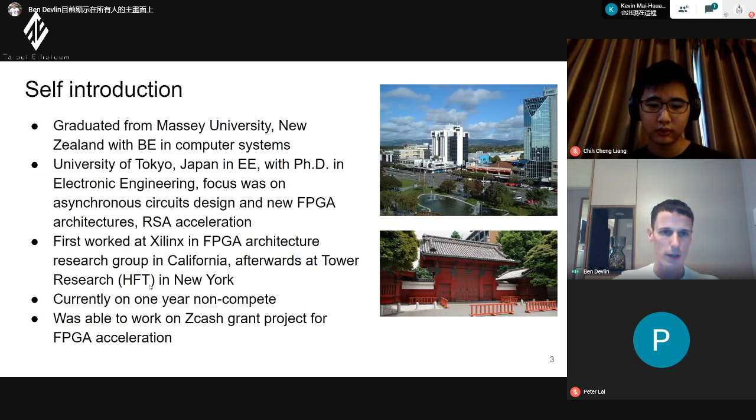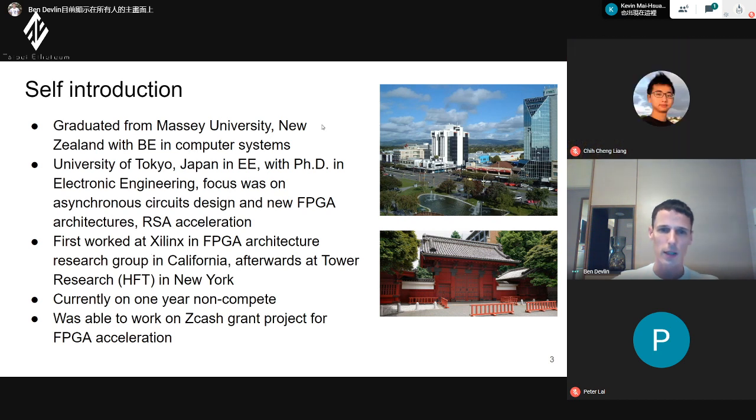But just quickly about me, who I am. I'm originally from New Zealand, and I studied computer systems. Then I moved to Japan, where I focused more on electronics, and I did my PhD there in EE, and we did asynchronous circuit designs. We were thinking of new FPGA architectures, and we also touched on RSA acceleration, which is another type of cryptography.